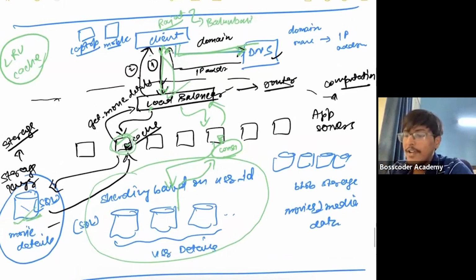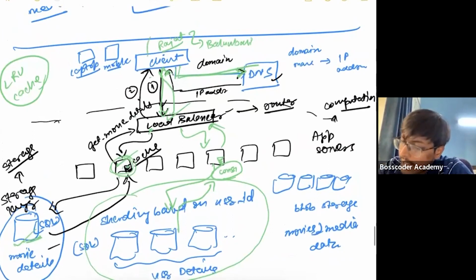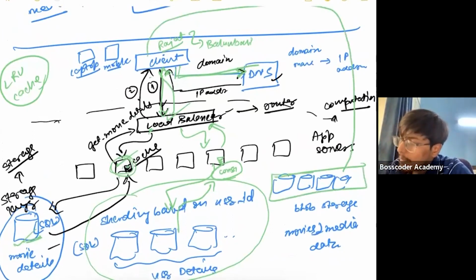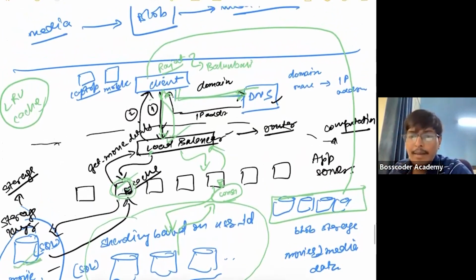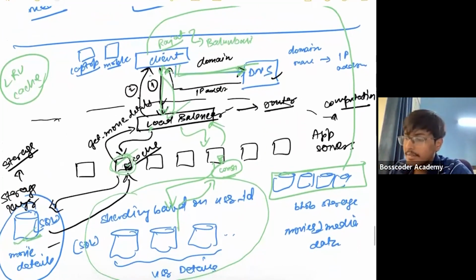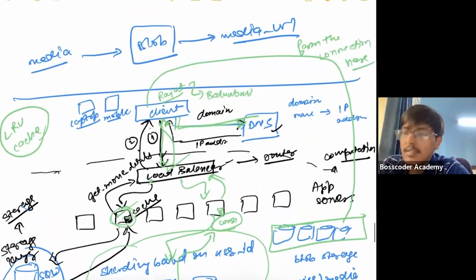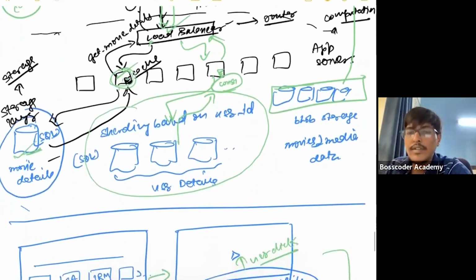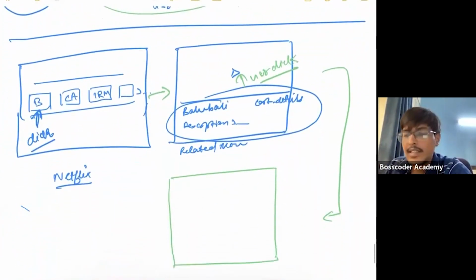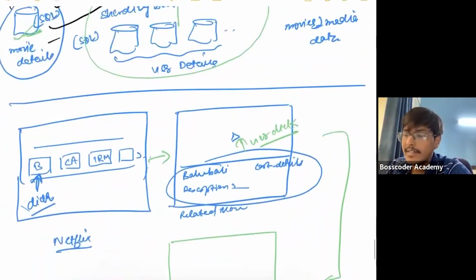Now, once you have everything, you will form the connection with this database to watch the movie. Where is the movie stored? Where is the Bahubali movie stored? Here. Right? So now you have to form the connection here, to store the movie. And then the movie will play. Is this making sense?